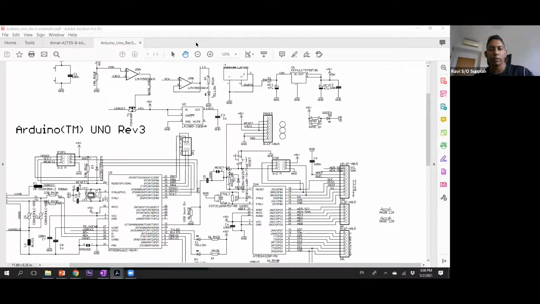Yeah, it's 5 volts, correct? Because when you normally connect it through the USB cable to your laptop, that USB port is 5 volts.